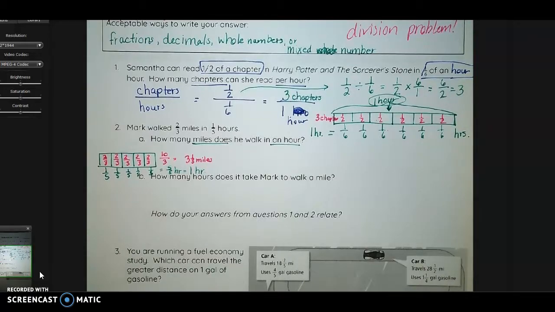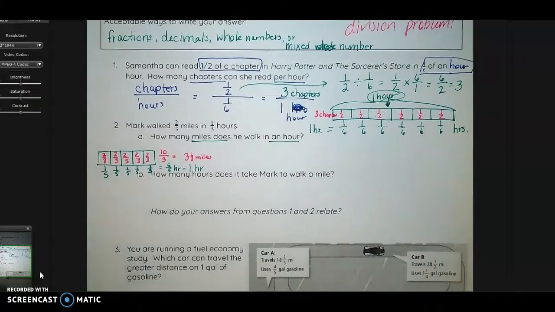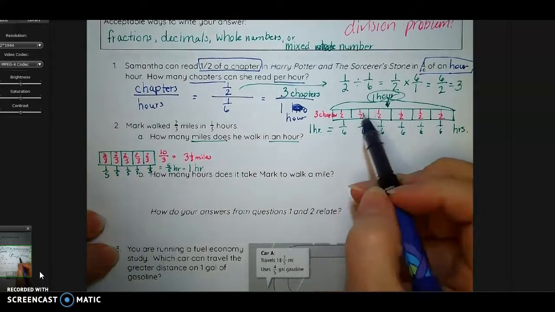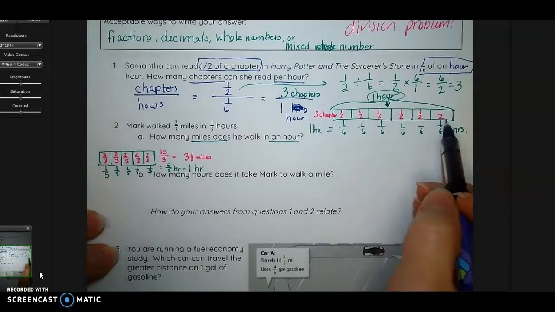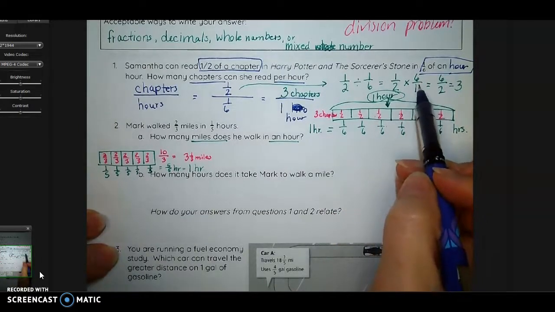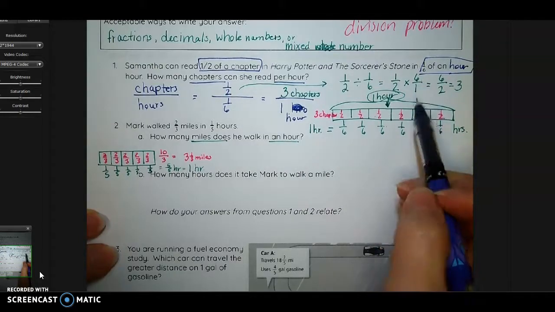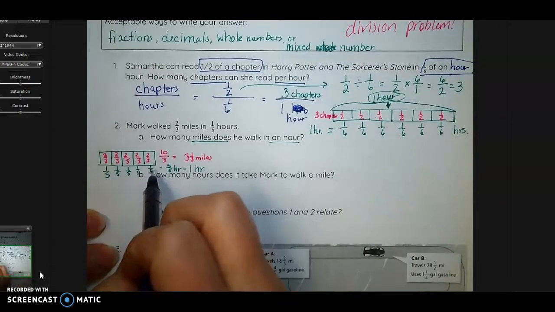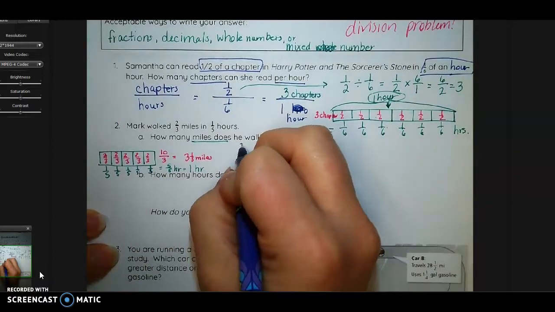This also explains why when we do our keep and multiply by the reciprocal, we multiply by the reciprocal. If you notice, I needed 6 of those. I needed 6 of these, correct, to figure it out, and that's why when I flip it, I multiply by the reciprocal, which is 6 wholes. Same thing down here. I need 5 of these, so that's why when I would do my